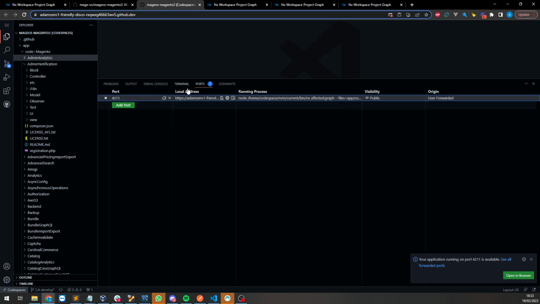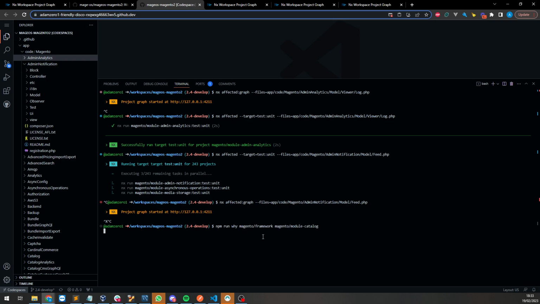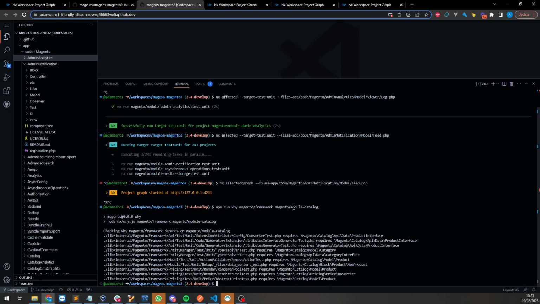we can come over to our terminal and we can run this command. What this is saying is explain to us why Magento framework depends on module catalog. And as we can see here, within the Magento framework, which are these files, these require classes that exist in the catalog. This is again less than ideal, something that we are now aware of and can easily see and